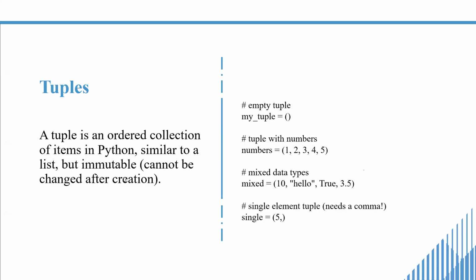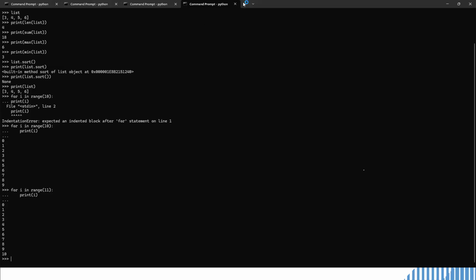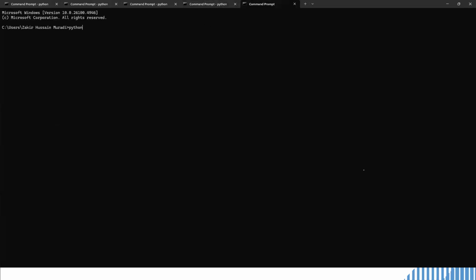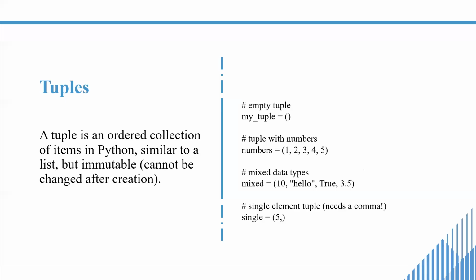If I write another Python example, name is equal to, and then I give this bracket, it will be counted as a tuple. And if I say type of name, it will give you tuple. For tuples you also have a lot of built-in functions, so you can check them. But please keep in mind that it's immutable. Once a tuple is created, you cannot change it.